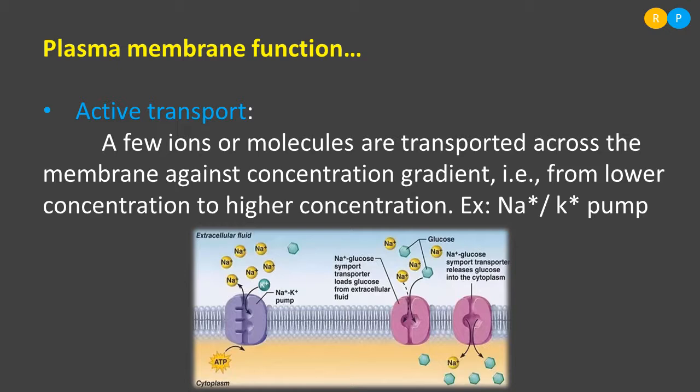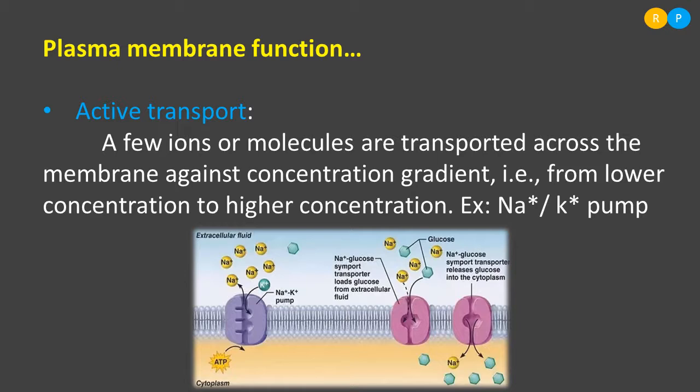There are some protein carriers in the plasma membrane. They facilitate active transport. We have already studied that some proteins help in facilitated diffusion. That means water soluble molecules easily diffuse across the membrane through the protein carriers that we have studied. But there are some special proteins in the plasma membrane that help in active transport. They utilize energy, ATP energy, in order to send molecules from lower concentration to higher concentration.